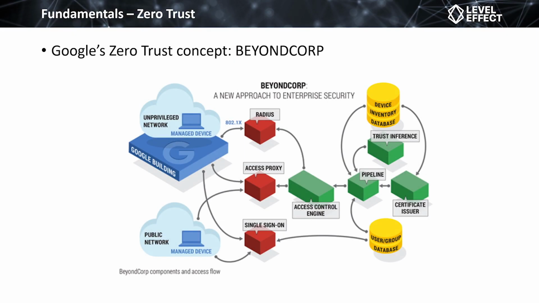Google was one of the first organizations to really push and conceptualize the zero trust model, and they created something called BeyondCorp. It's their vision for what zero trust is and what it looks like. So let's break down this somewhat confusing chart to get a better understanding of what zero trust is. In this diagram, we have a few different device classifiers or groups or behaviors of devices, and they denoted them by color. Blue, we have users, external, untrusted networks.